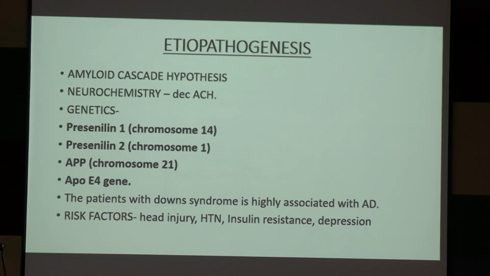কেন হয় বলতে পারবে? ট্রাইজোমি 21 আর এটা কি আছে, ক্রোমোজোম 21, তাহলে দুটো একই ক্রোমোজোমে হচ্ছে না জিনিসটা। So there is often mutation in APP gene. ঠিক আছে, so they are high, often they have high risk of developing Alzheimer's type dementia. And other risk factors like head injury, hypertension, insulin resistance, and depression. Okay, this can lead to development of